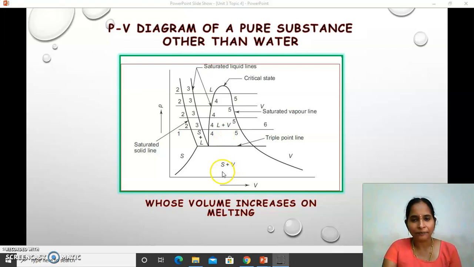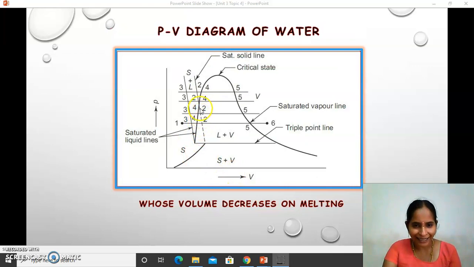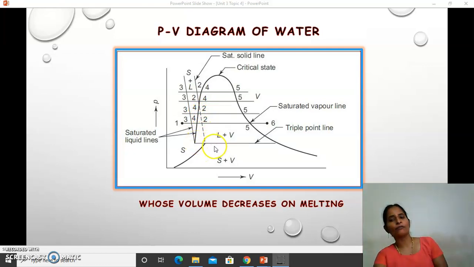Okay, because there is no volume reduction here, volume increases on melting, so it is going away from the vapor dome. But here it is intersecting the vapor dome, because of the volume reduction during the melting of ice to